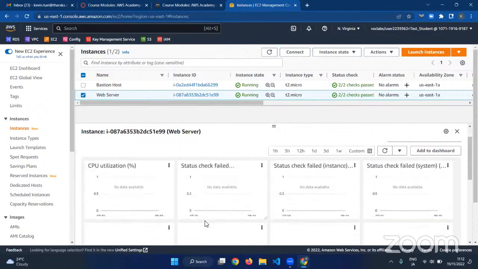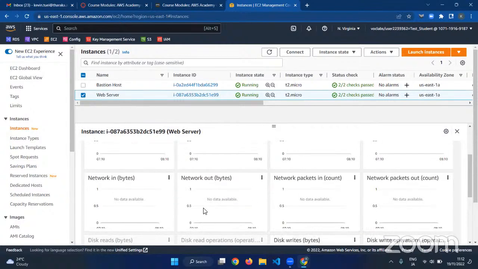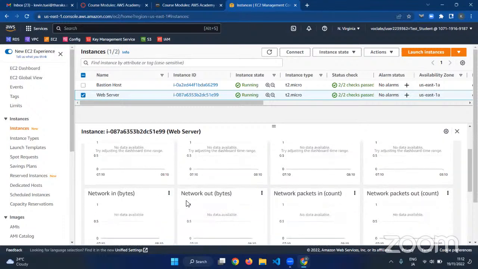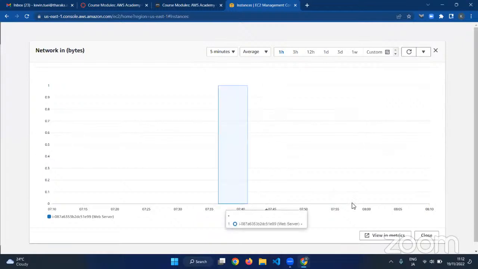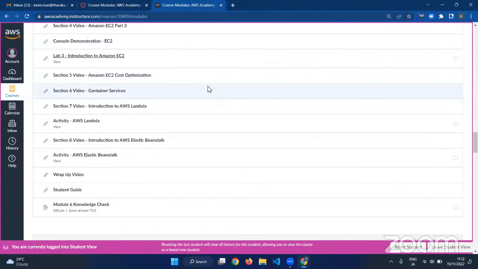Because this instance has been started recently, you're not going to see much in terms of data. That's why you can see no data available. You can always click on the 3 dots of any graph and enlarge it if you want to see it in a bigger fashion and try to analyze. You can open a certain area, but since the instance is new,